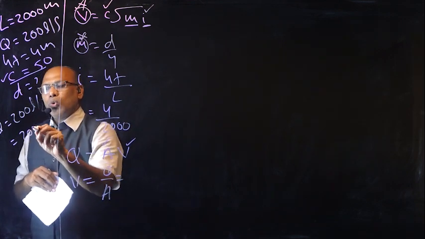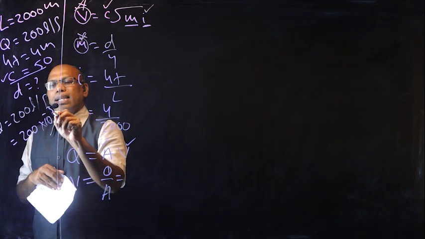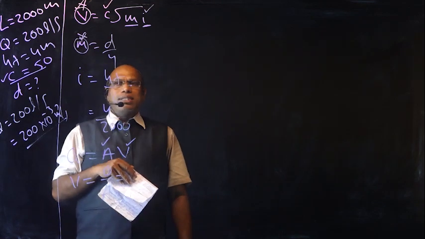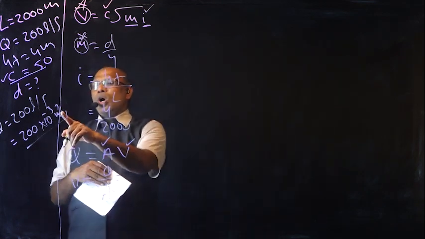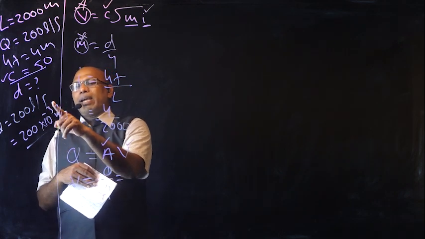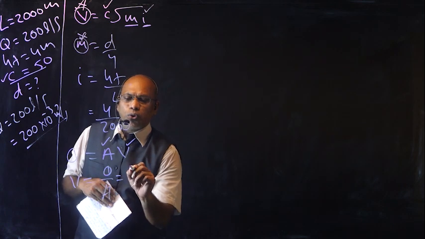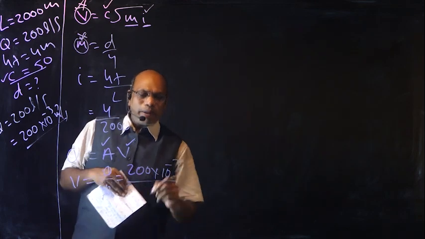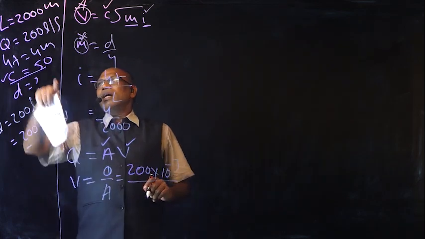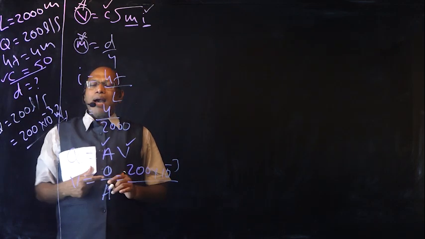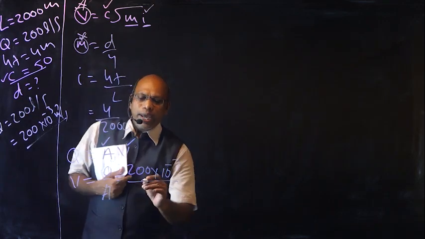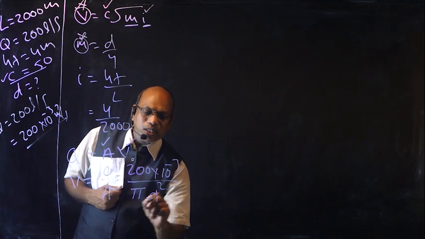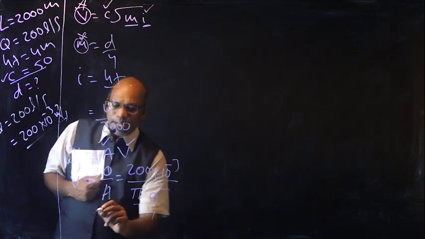Q is equal to 200 liters per second, that is equal to 200 into 10 power minus 3 meter cube per second, right? The given discharge Q, that is liter per second, is converted into meter cube per second. Therefore, V is equal to 200 into 10 power minus 3 divided by area. What is the area? Diameter is given? No, diameter is not given in this case. So now area formula, area of the pipe is equal to pi d square by 4,